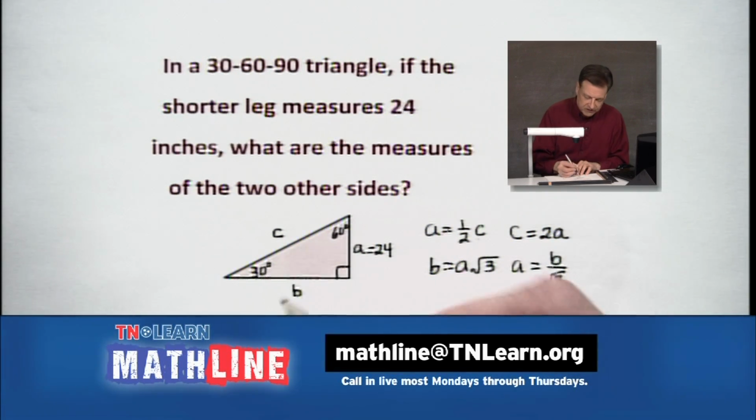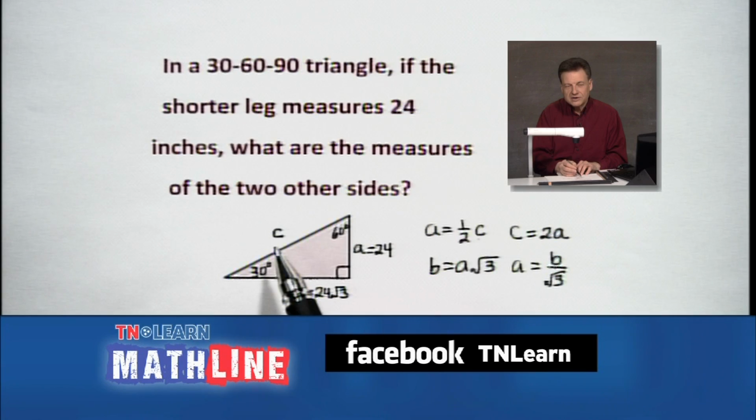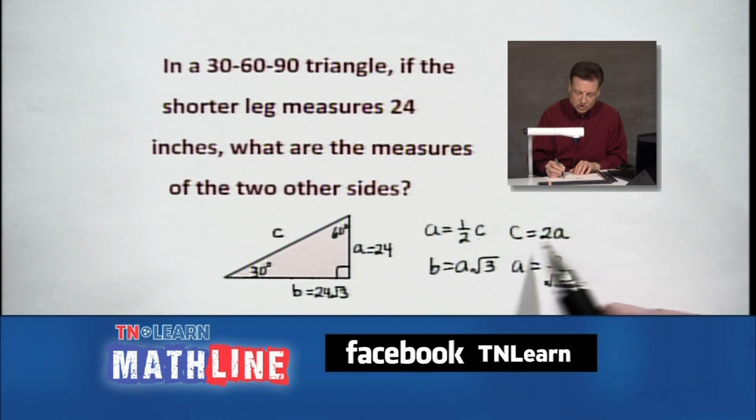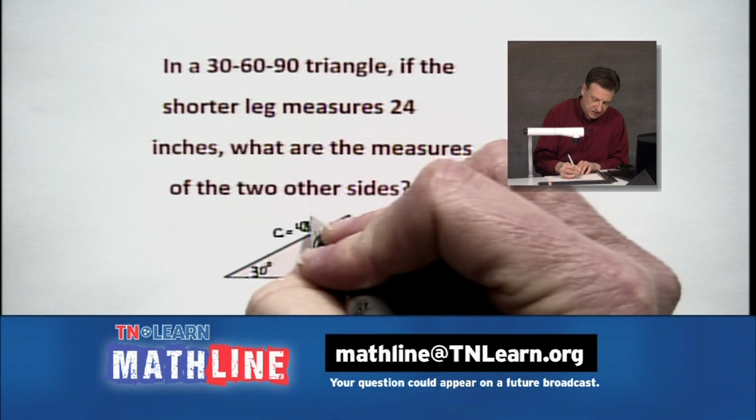And we're going to get 24 times the square root of 3. Okay? And to get to C, oh my goodness, well, what do we got to do? We got to double 24, right? Because it says 2 times that. So that's going to give us 48. And all of these are inches,